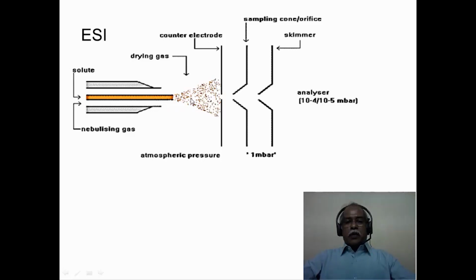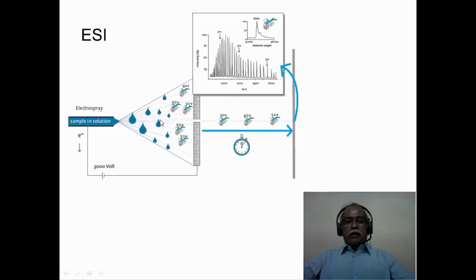And in the fine spray that is produced here, the droplets are formed, and because of the nebulizing gas, the droplets undergo slow evaporation of the solvent until the solvent molecules are completely evaporated and only the solute molecule in the gas phase is obtained. In doing so, the solute molecules also acquire charges, typically represented as 30 positive charge, 40 positive charge, 50 positive charge, and so on. Depending upon the kind of molecule that we are dealing with, how many basic sites are there, that many protonations can take place, and such large charged molecular systems can be obtained in the electrospray ionization mass spectrometer.